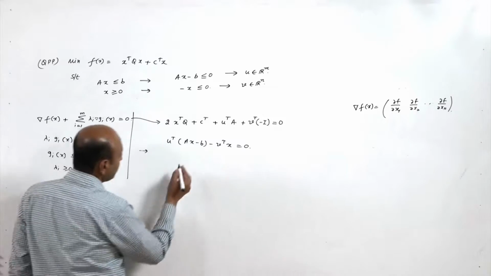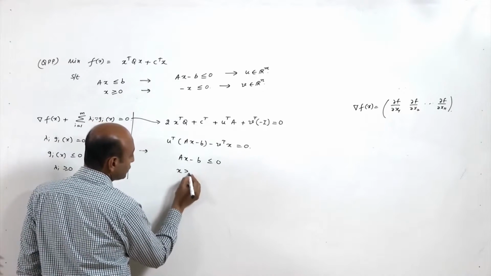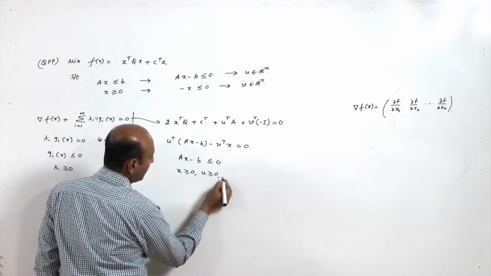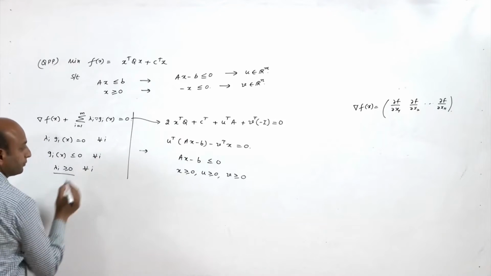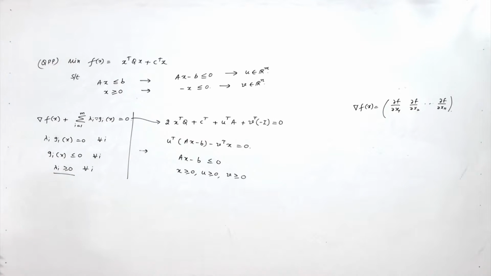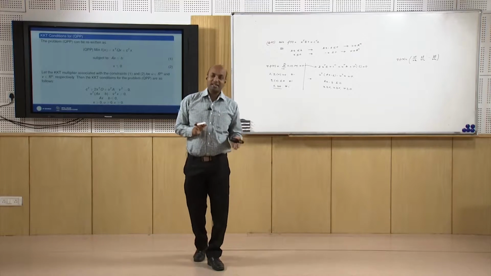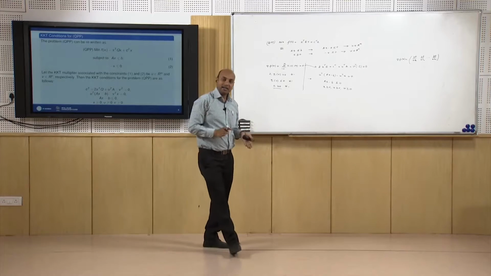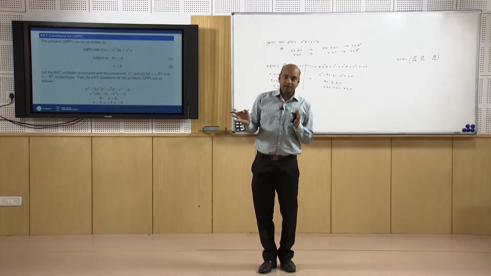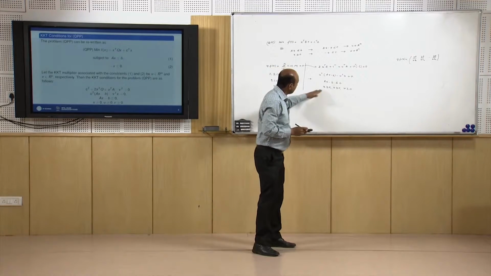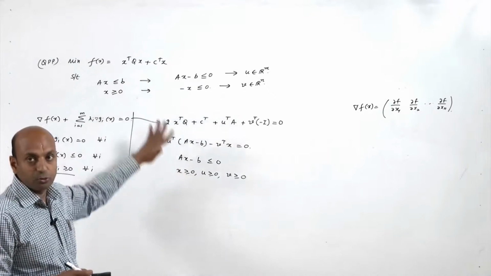Then the feasibility condition is Ax minus B less than or equal to 0 and x greater than or equal to 0, U greater than or equal to 0 and V greater than or equal to 0. All multipliers, all lambda i's must be greater than or equal to 0. Okay. So, these are the KKT conditions for this problem. You can easily check these KKT conditions by writing one example of a QPP. Try to write down the KKT conditions for that problem, and then try to see that we will obtain these conditions for this particular problem, this QPP.